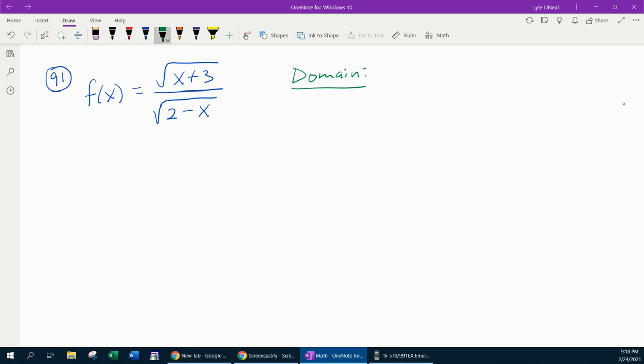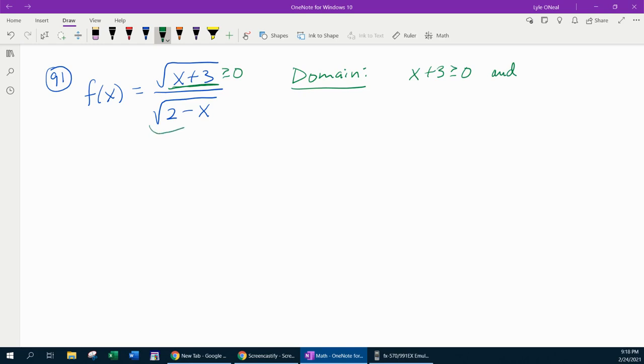Now we know that for a square root, the stuff under the square root, which is the radicand, must be greater than or equal to 0. Got that? So we're going to have a restriction from the numerator, x plus 3 greater than or equal to 0,